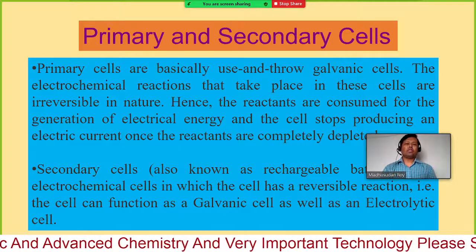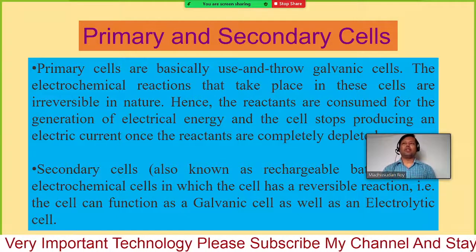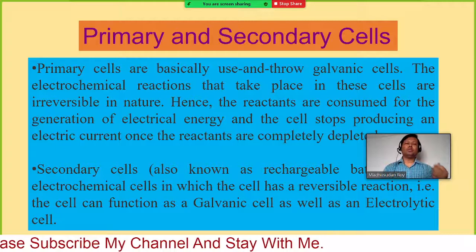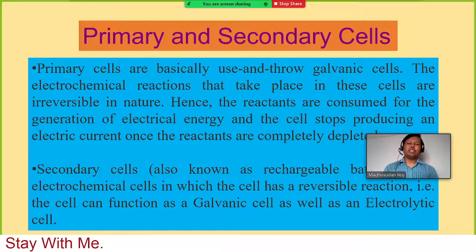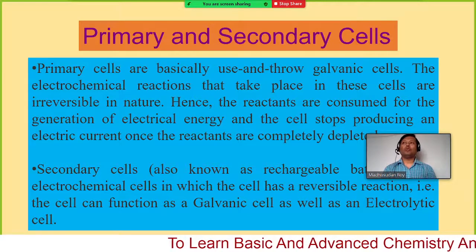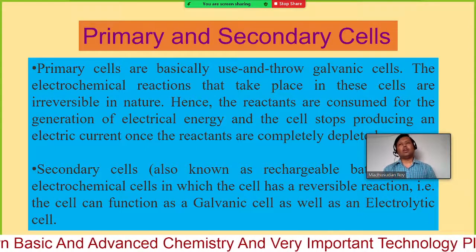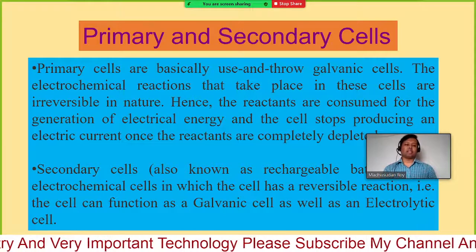Therefore, if a cell can be recharged after a certain period or at the same time. Sometimes you are using your phone and at the same time it is connected to the electric power, so charge and discharge are both happening. That type of cell is considered a secondary cell. And if the cell can work only in a single direction, that means either charge or discharge, then we will say the cell is a primary cell.